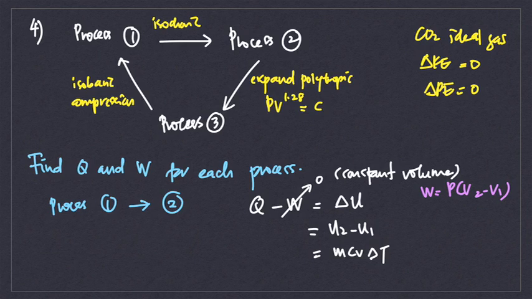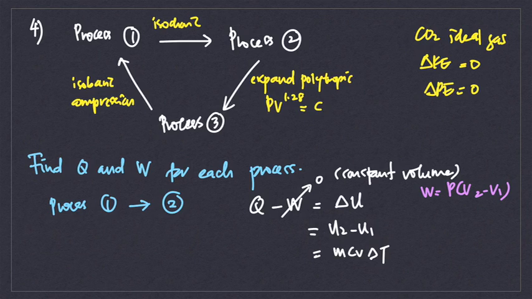Okay, and then we need to find Q and W for each process, starting from process 1 to 2, the energy balance by neglecting KE and PE. So the energy balance will be Q minus W equal to delta U. Because process 1 to 2 is constant volume, there is no work done on or by the system, so the remaining is Q equal to delta U, and then we can expand delta U equal to U2 minus U1, and we also can